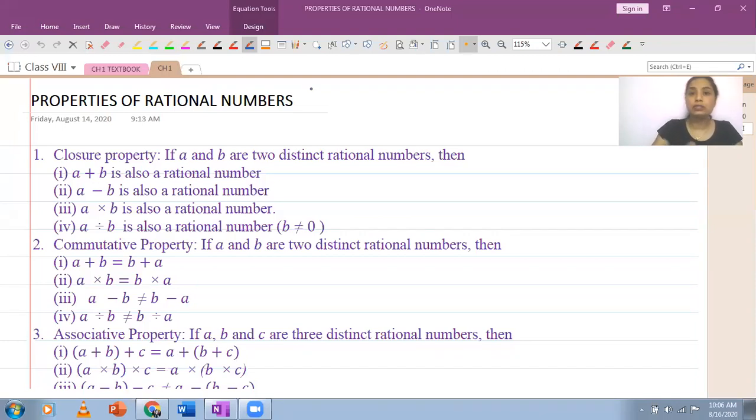So you are looking for the same type of answer. If you are adding two rational numbers, you want the answer to be a rational number. If you are subtracting two rational numbers, you want the answer to be a rational number. You're not worried about what value it would be. It could be a small value, it could be a large value. We are only concerned with what type of answer we get.